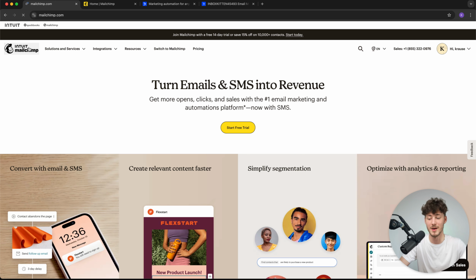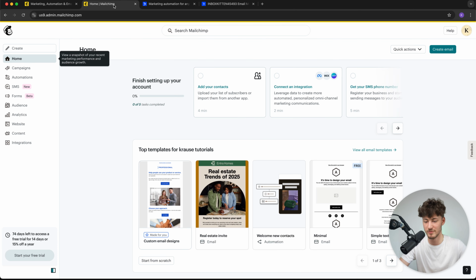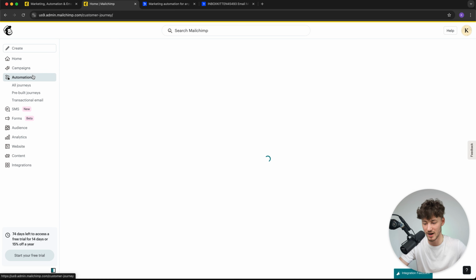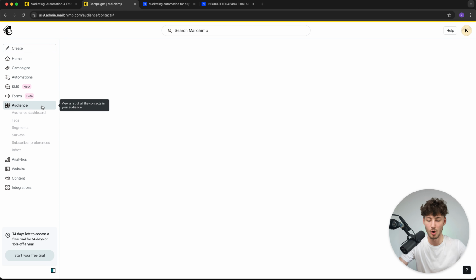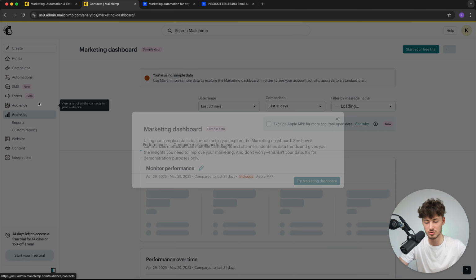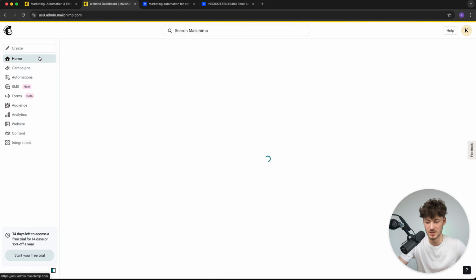First off, we do have Mailchimp. Now, Mailchimp actually was my first email marketing tool, and overall Mailchimp is a pretty solid all-in-one marketing option. Mailchimp obviously is widely known for their email marketing features. You can basically build up whatever kind of email you want. Overall, I think their interface also is pretty intuitive and beginner friendly, but to be honest, I actually switched from